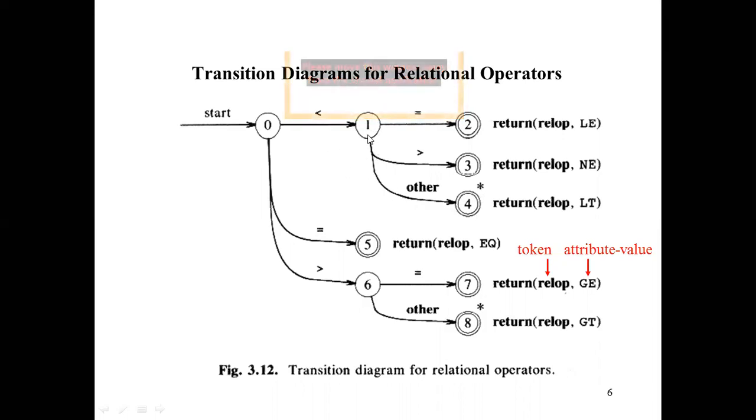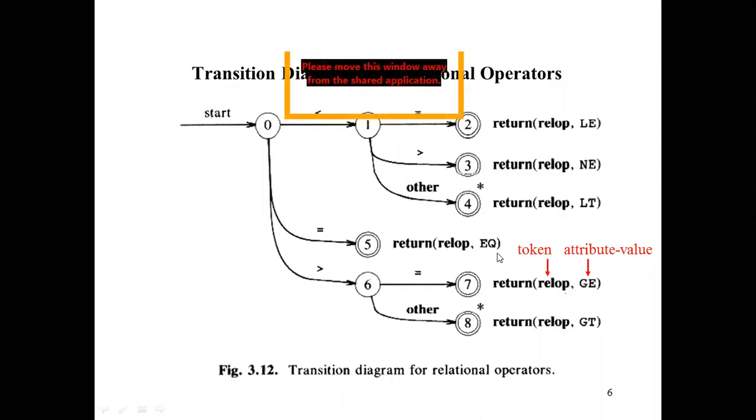Okay, and this moves to retraction takes place. That is, you have to write here other. Okay, no need to draw this and no need to draw this. Just we got the symbol here less. Okay, then just draw this and this one state and move to other. That is the code. Right here, indicate with the double circle and put the asterisk sign and write return relational operator LT, less than. So this is the transition diagram for the less than.